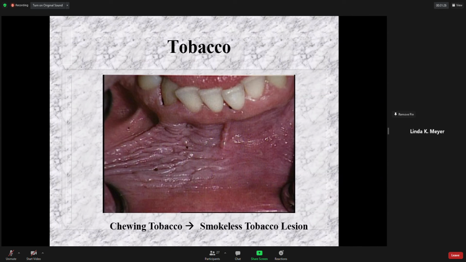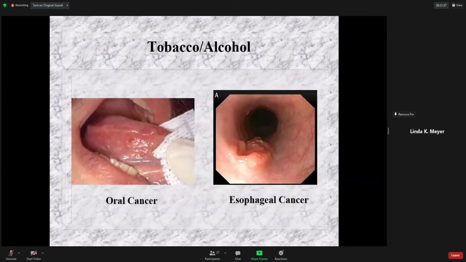This is at the point where it's just created what's called a smokeless tobacco lesion. Here's an example of a patient who has oral cancer, a smoker who has cancer on the lateral borders of the tongue. It may be linked to esophageal cancer, although